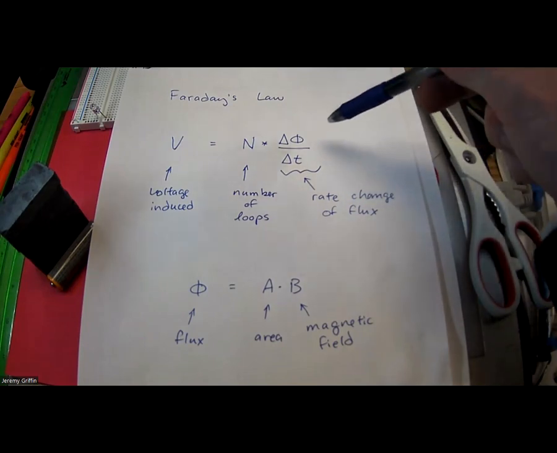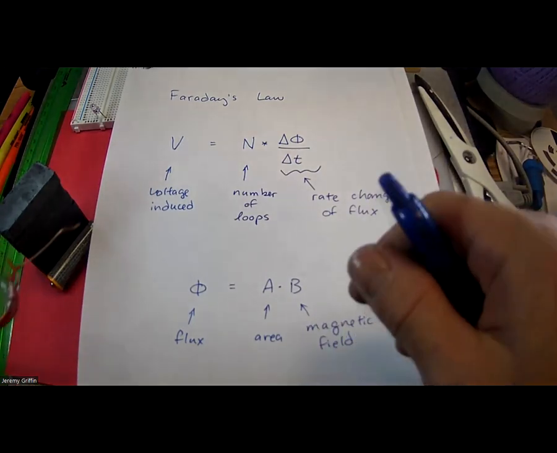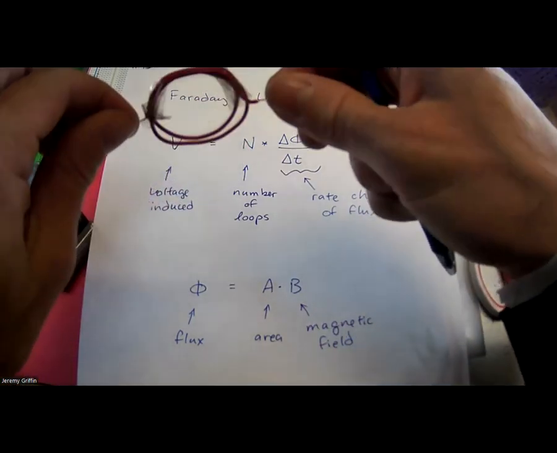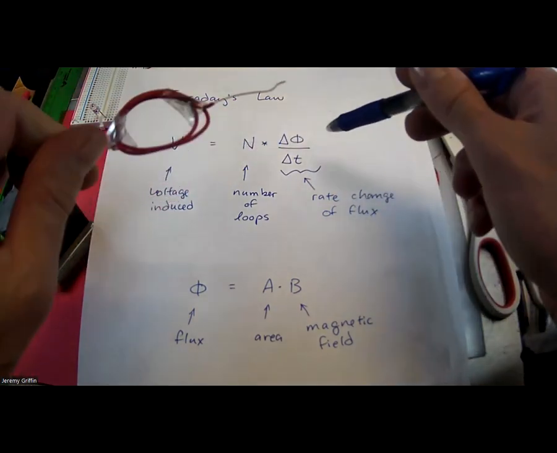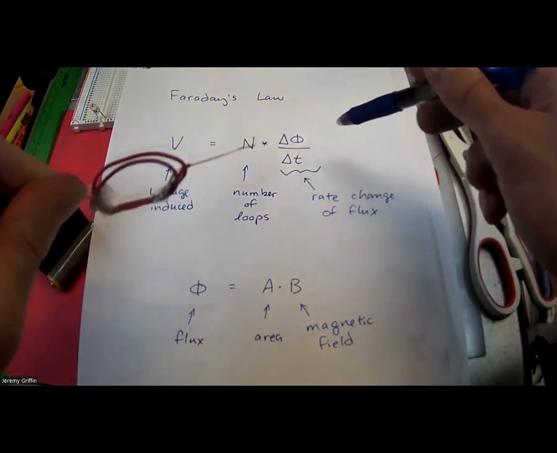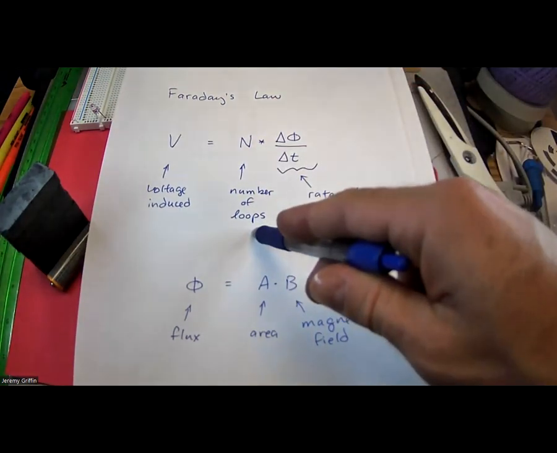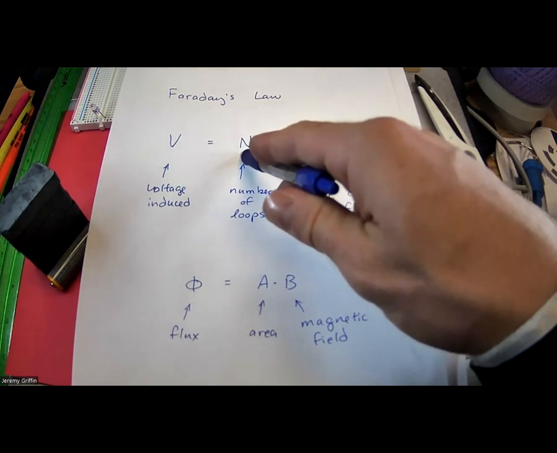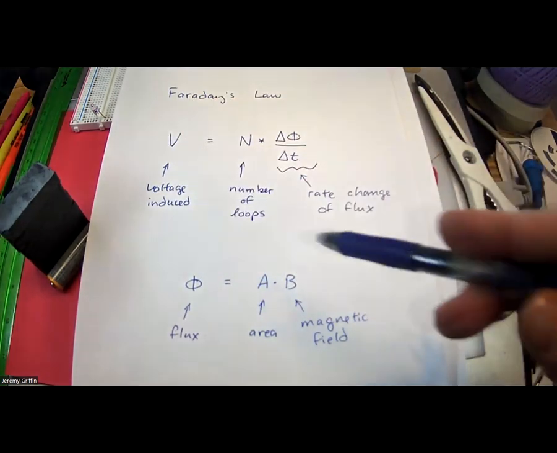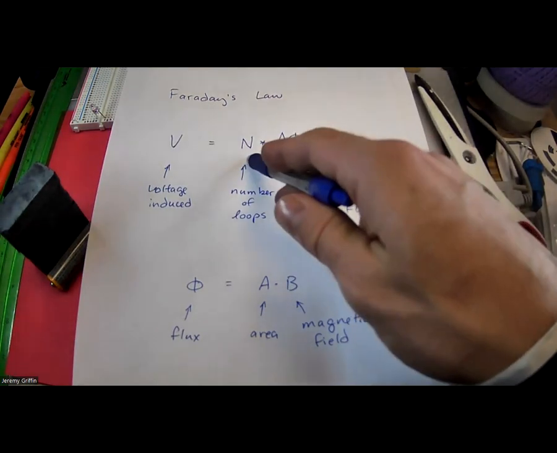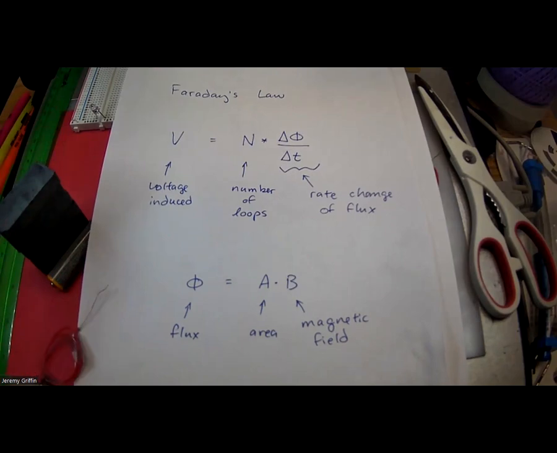Okay, so that's like moving in and out at some rate. So say you have a coil of wires, right? Hey, what if this is spinning over a magnetic field? That flux would be turning on and off at some rate. Every time it turns 90 degrees, it turns off and then turns on again. And then that's what you're showing with number of loops, right? So if you have twice the loops or 3 times the loops, you get 2 or 3 times the voltage. They said if you have a million wires, you get a million times the voltage, right? From this spinning in this magnetic field. Okay, so I'll show you guys that.